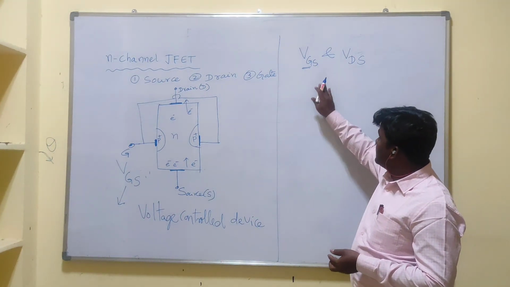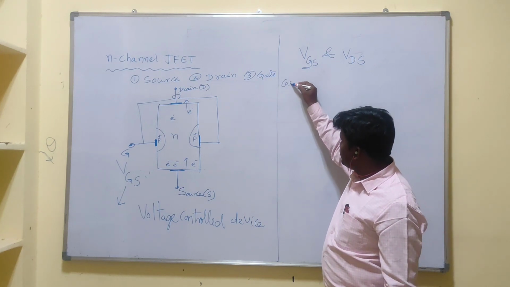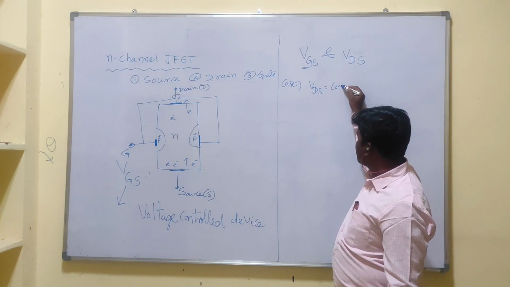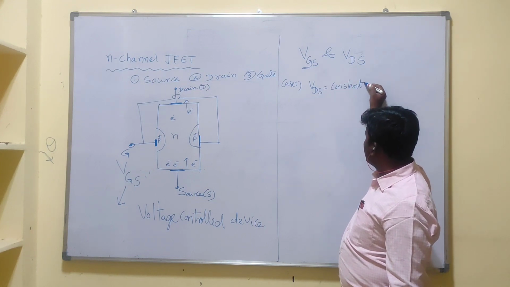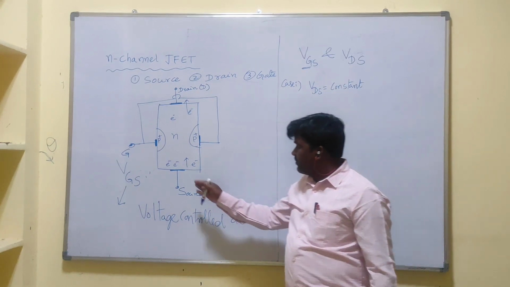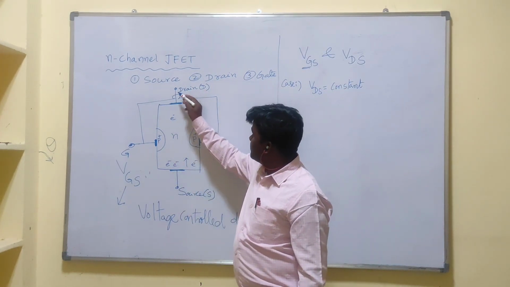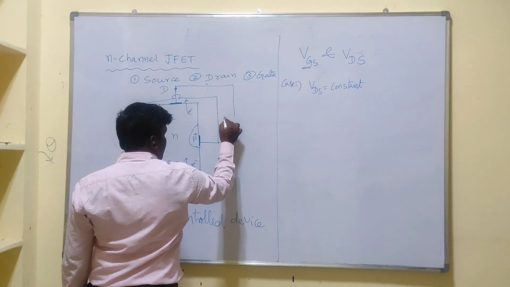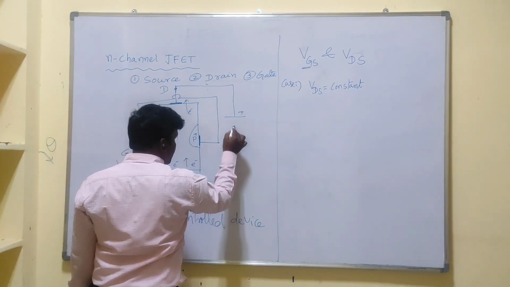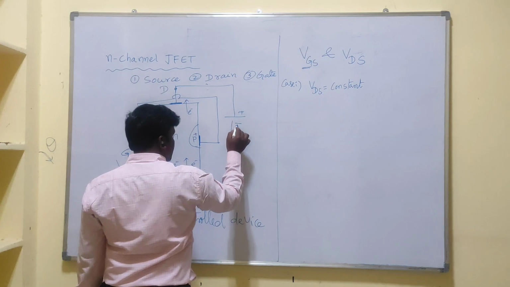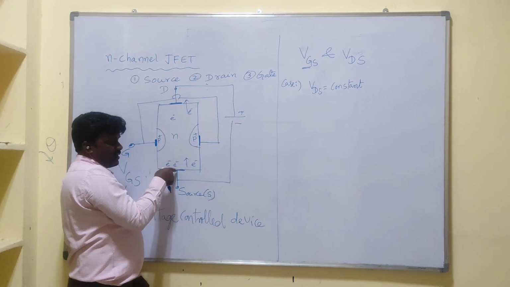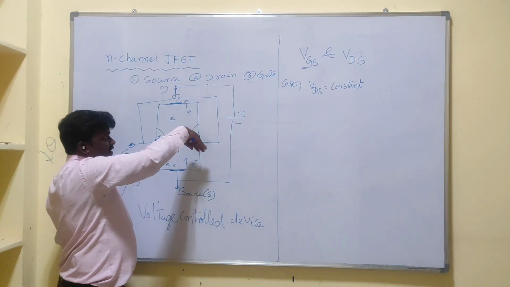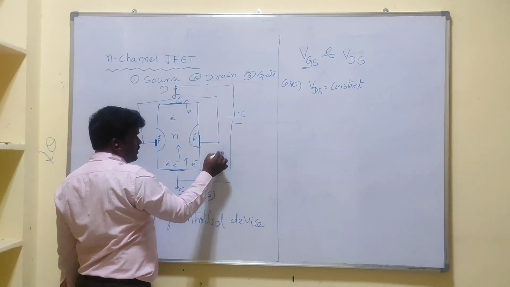Now let us see case 1: VDS is constant. So let us say it is positive. If it is positive, it can attract electrons. So if this drain terminal is connected to the positive, and the source is negative with respect to the drain, then these electrons get repelled by the negative terminal of the battery. Electrons are moving in this direction, and the drain can attract the electrons. Then current is flowing from source to drain in this direction.